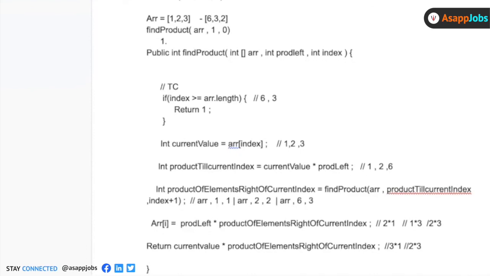Does this make sense? I know it's a little complex to understand at the first go, but if you try to look at it closely, it will not be that tough. If we know how the recursion works, and if we know the meaning of the function that we have defined, if you just calmly go through it, I don't think that should be an issue. Is it clear, or do you want me to try run it again? Is the dry run clear? Yeah.